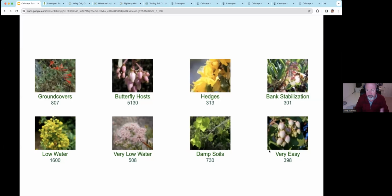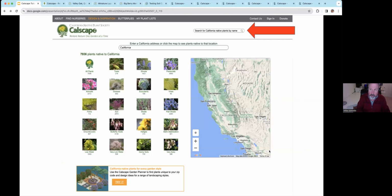And then there are damp soils around. There are places where there are damp soils. You're still going to want to know if there are some plants that do better in damp soils. And then, of course, very easy. People who want the plants they raise don't want them to die on them. Okay, just consider how many plants I've killed in the way of trying to put in native plants